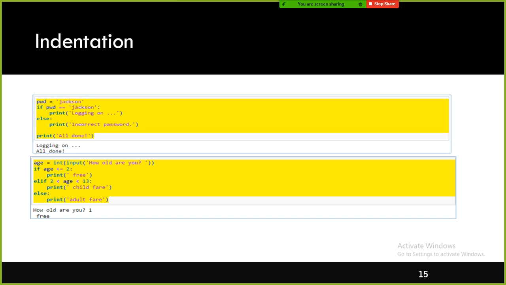So wherever they use double quotes or without using brackets, is there any feasibility or utility provided by Python to convert those things into the latest version, or do we have to do it manually? Manually, we have to do it. Okay, manually you have to do it. That's what I told yesterday.